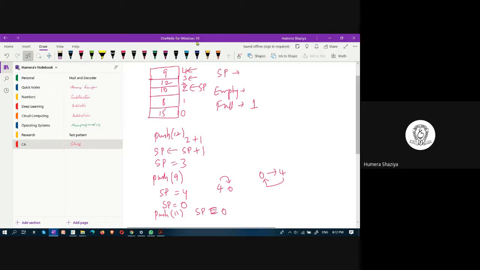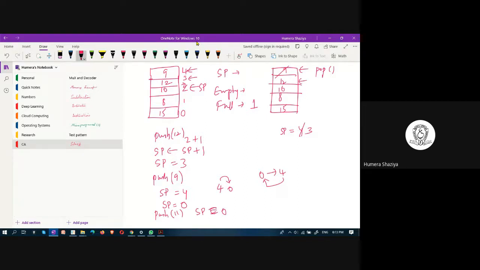For pop operation, consider that same stack you take. This is 15, 8, 10, 12 and 9. Stack, okay. Here you call pop. When you call pop, stack value is now 4. It gets 3 because it has to be decremented. Now this element is popped.